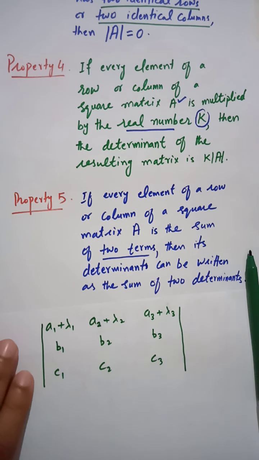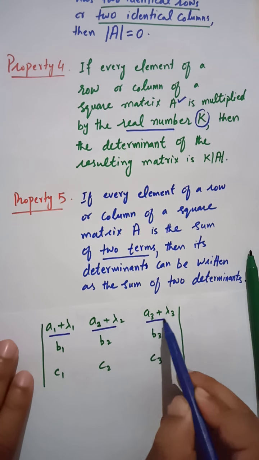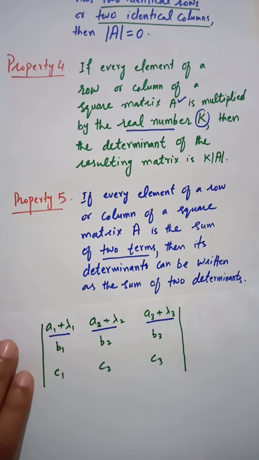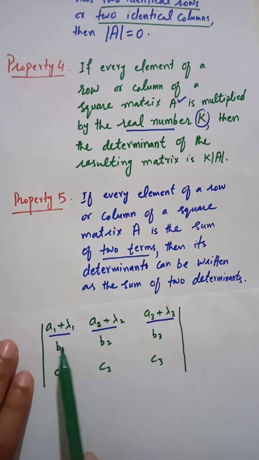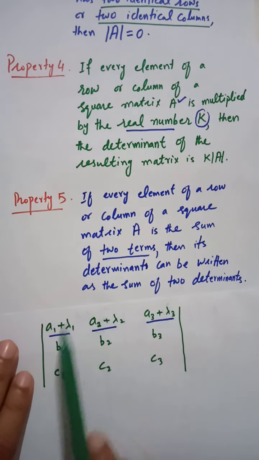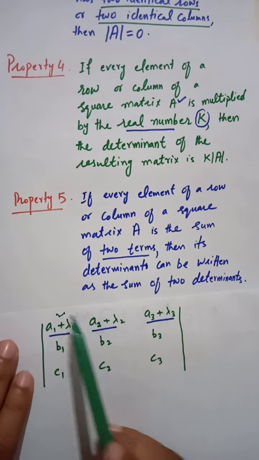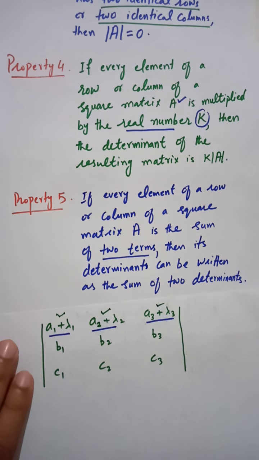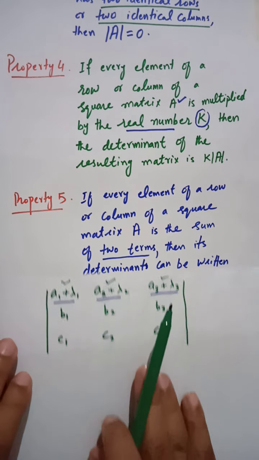If every element of a row or a column, and here every element of row number 1 of this square matrix, written in the determinant form, is the sum of 2 terms, then this determinant can be written as the sum of 2 determinants, and that will be equal to